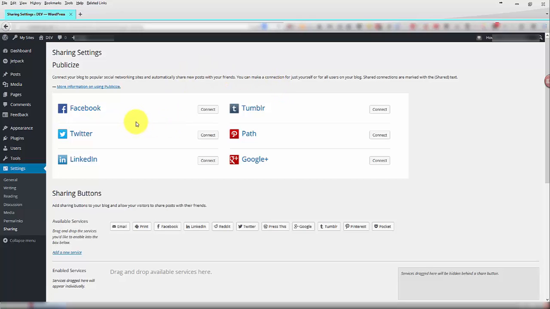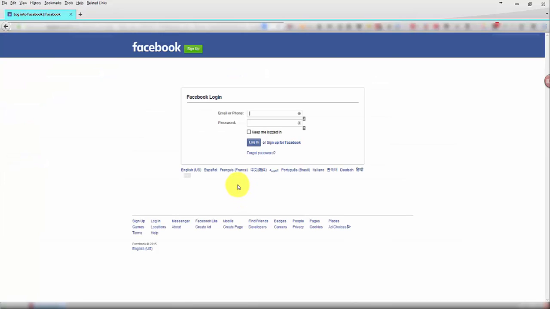And from here, you'll connect to your Facebook account. As you can see, there's other social media platforms you could do this with also, but I'm only going to do it with Facebook. Just click connect, put in my Facebook information, username, password, log in,